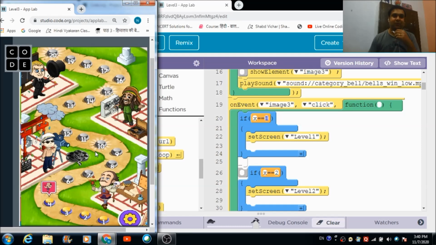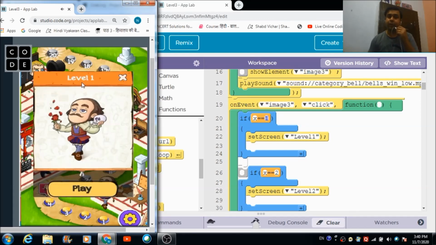Okay, so on this image I have placed some label boxes, and this is the first label with the name label 1. When I hit this label 1, automatically this image is going to be visible to me, level 1 play.